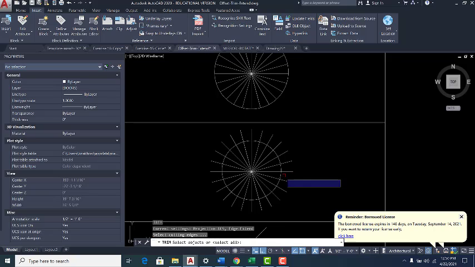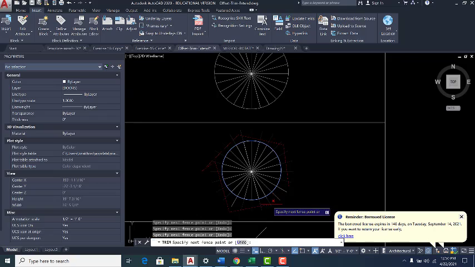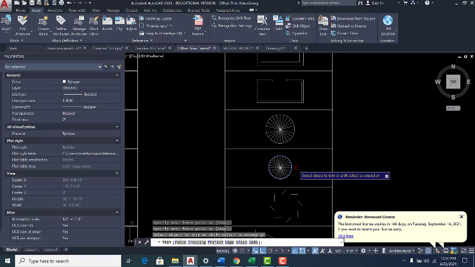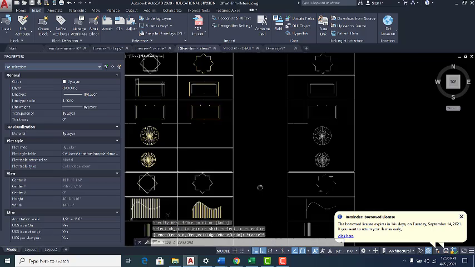Trim my cutting edge, accept it, go with the fence, and then see when you click, oops, I missed this one. Okay, so my fence was really bad. So when you are done, you press a space bar, and then this one,